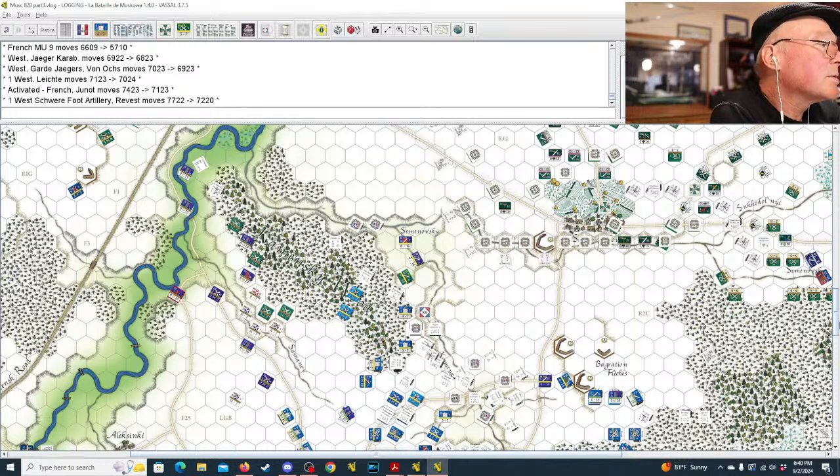So it's increasing the fire defense in order to compensate for the fact that any hit on the artillery is going to cause a